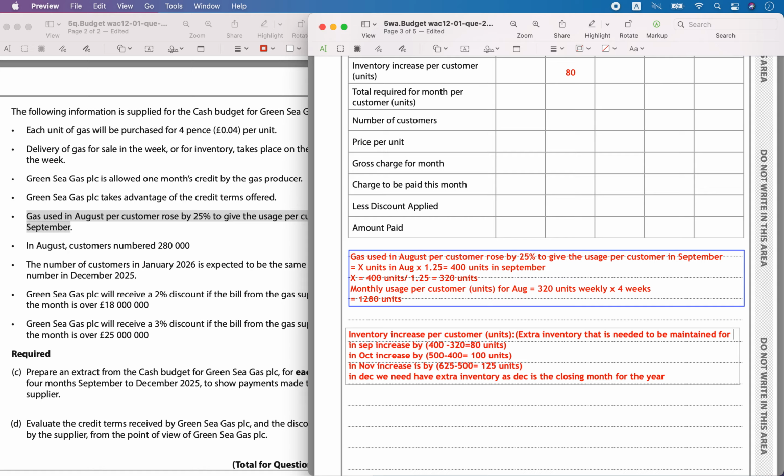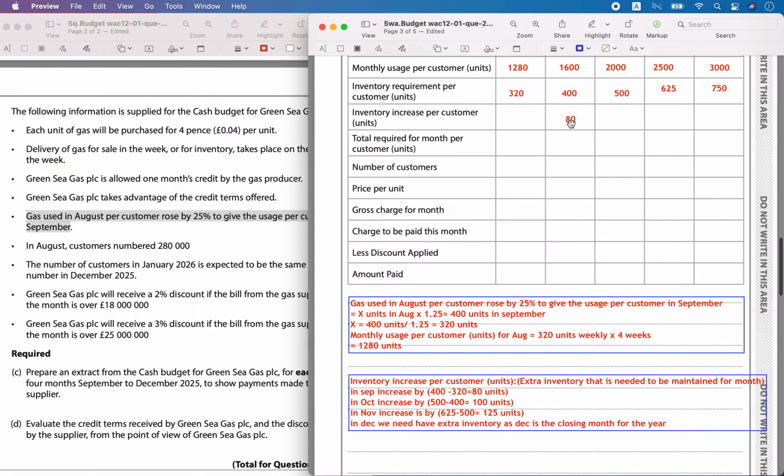The extra inventory that needs to be maintained for the month, or needs to be purchased, is always calculated. So in the month of December you don't need that extra inventory because you're going to close off